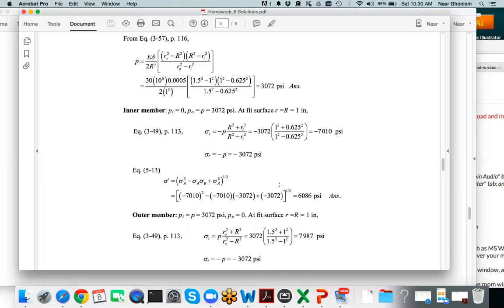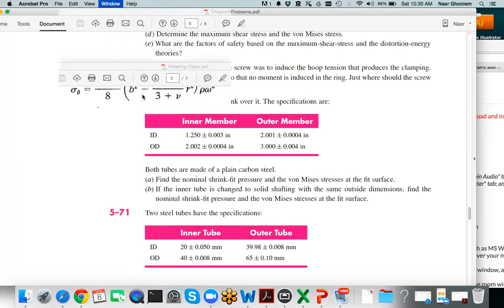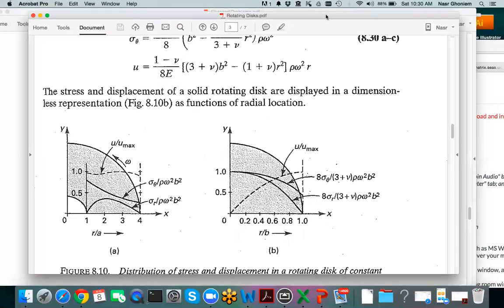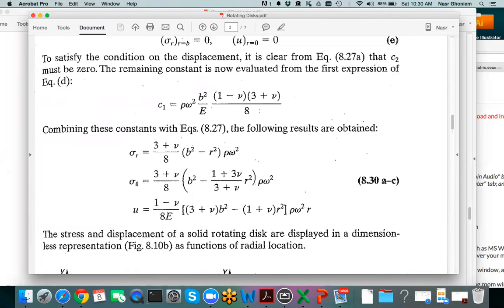So now let's say we started rotating a system. What's going to happen to the interfacial pressure as I rotate the system, and what is the maximum possible RPM that I can expect for that system? Okay, so for this situation, I have a document that I uploaded on this week's material, and this document